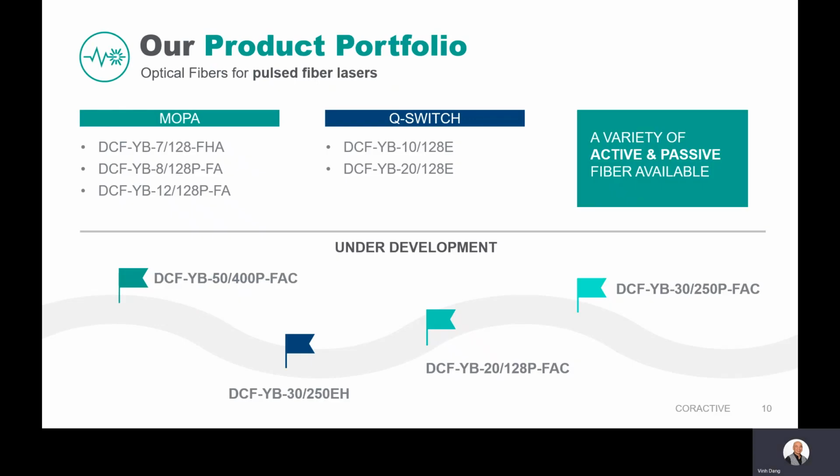So right now, our product portfolio for pulse fiber lasers is the following. First of all, we offer a couple of fibers for MOPA configurations, such as the YB7 micron, the 8 micron, and 12 micron. We do also offer aluminum phosphosilicate fibers, such as the 10 micron and the 20 micron, which is suitable for Q-switch fiber lasers. Under development for us, upcoming in the future, we have the ytterbium 30 micron, the DCF YB3250EH,